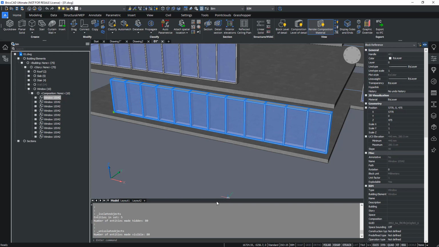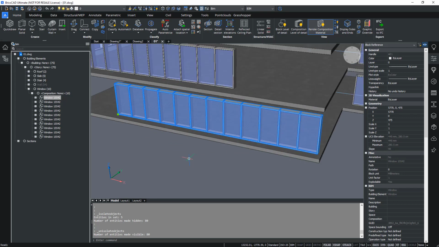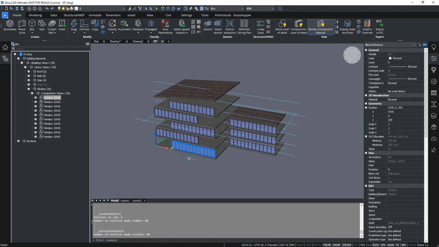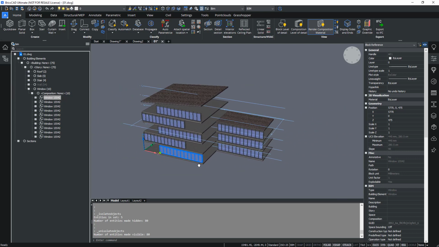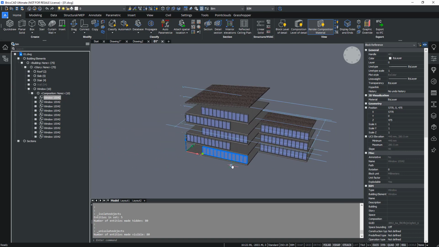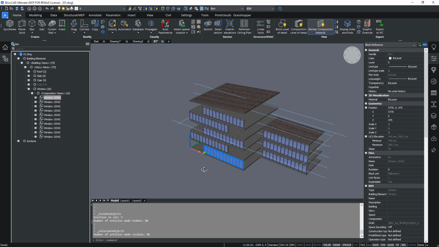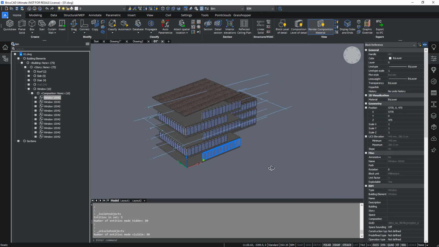The most used methods are the mouse wheel, which is to zoom in and zoom out. Pan, which is holding the mouse wheel or middle mouse button and then moving your mouse around. Orbit is the same as pan, but this time we hold down Shift and then we click the middle mouse and then we move our mouse to orbit.